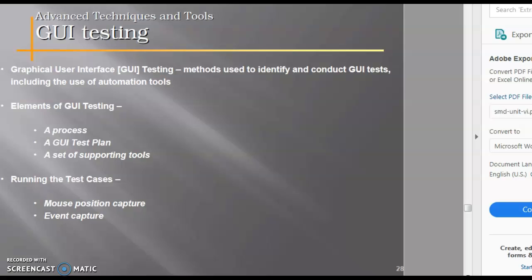These are the approaches of GUI testing: use of standard testing, second is use of a finite state modeling graph, and third is use of automated tools. While running the test cases, we can use mouse position capture and event capture. So this is all about GUI testing.